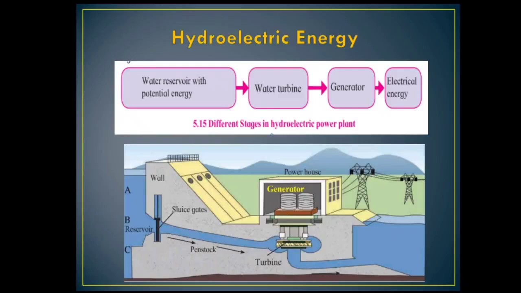If the channel taking water to turbine starts at point A, then the water will flow with a greater speed. Since point A is at height, water will acquire speed. This will result into more efficient rotation of the blades of the turbine. The electricity generation will become more efficient.